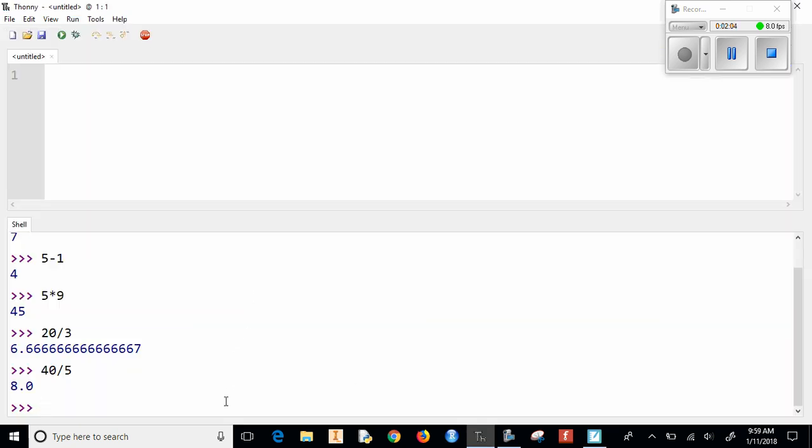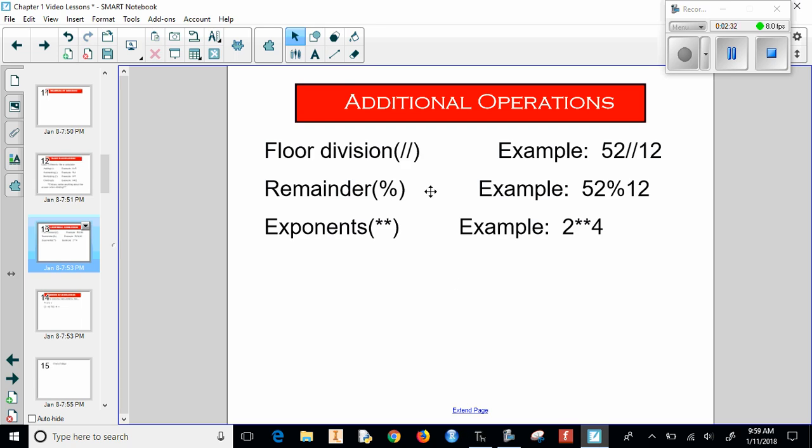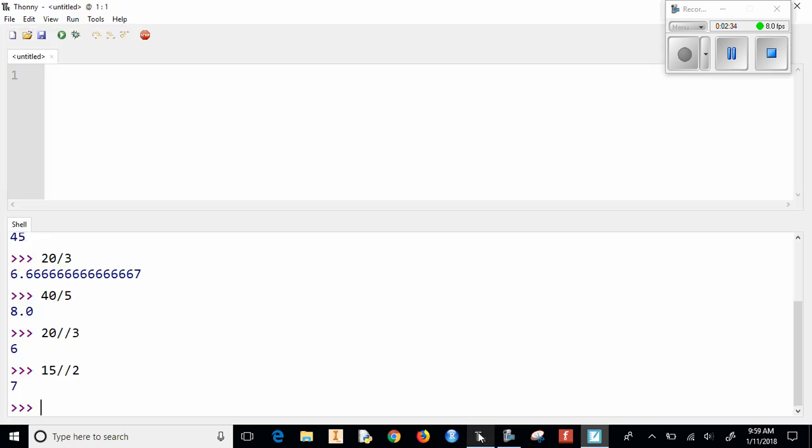So floor division. If I did 20 divided by 3, I could do 20 floor divided 3, and instead of giving me a decimal, it gives me just the whole part of whatever this is. So if I did 15 floor divided 2, I'd get 7 instead of 7.5. That comes in handy quite a bit when we're programming, and you'll see it popped up in a few programs we do this semester. The remainder we get by doing